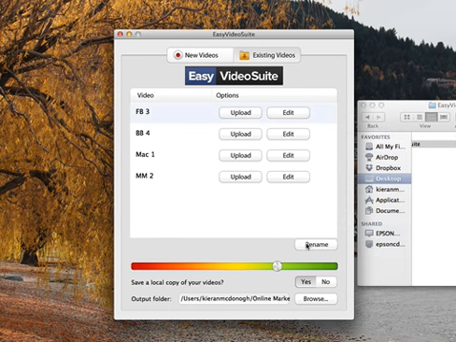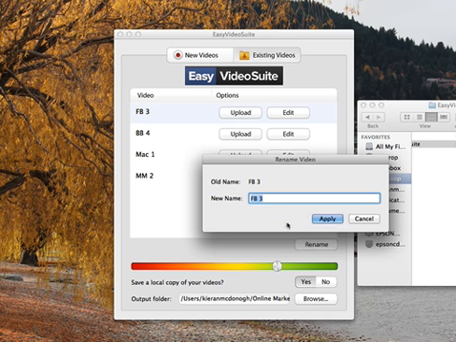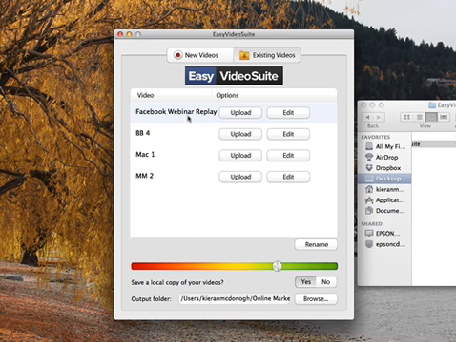Now I can rename the video, and we'll call this Facebook webinar replay. And there it is, it's been changed over for the name. Now the upload button here is going to go through a process. There's the progress indicator there, 5%, and that'll just process through. It's a semi-large file, and that will convert the video through to an MP4 web-ready, highly optimized for any device